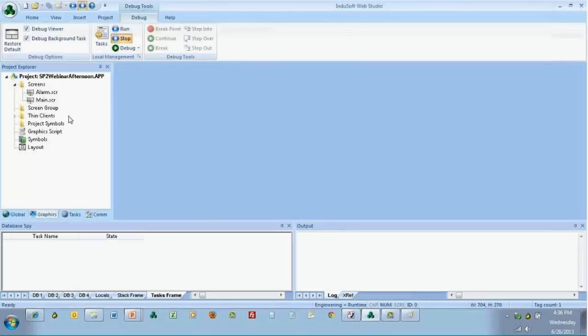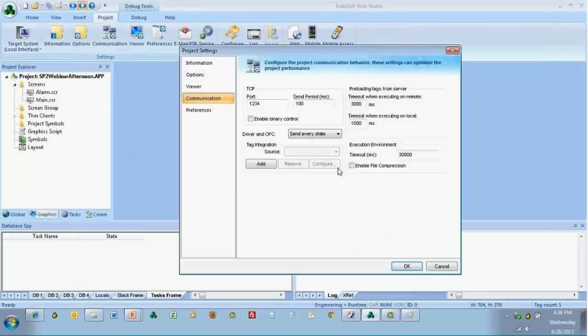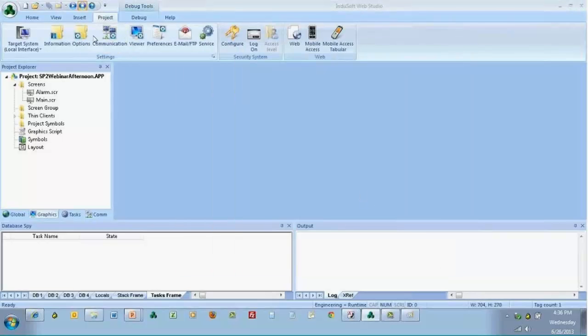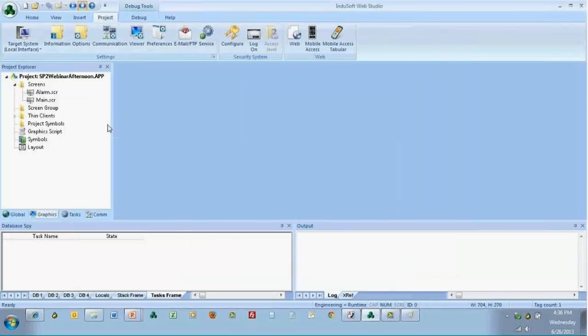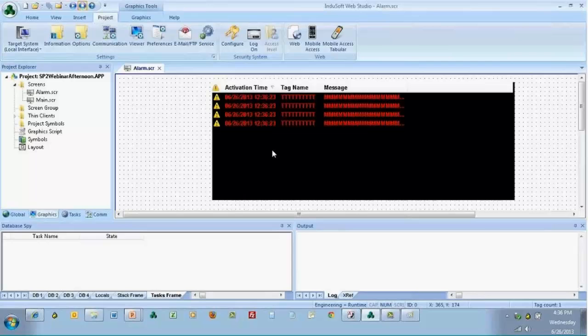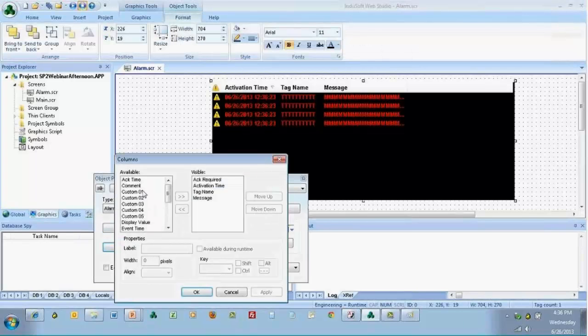Okay, so now I'm stopped. And one last try here. Let's go into... if I keep missing it here. Here we go. So set this to 5. Say OK. And now, here under Alarm, Event Control Object, here under Columns, you can see now that we have